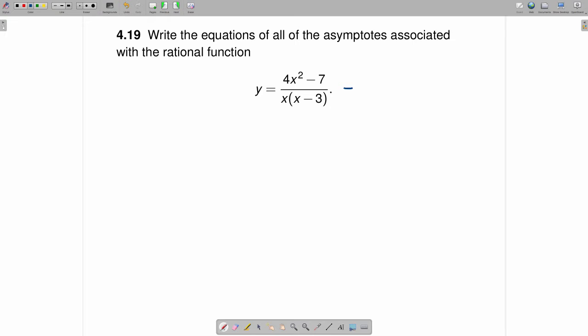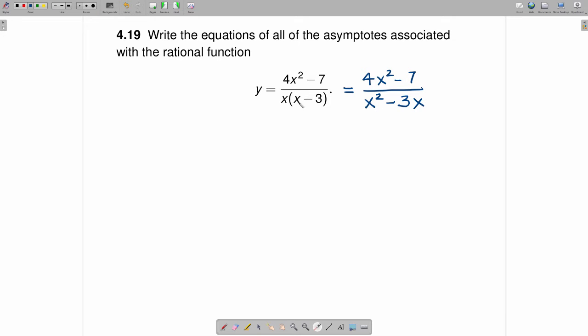If you want to see that a little more explicitly, the numerator can be just left alone. That's clearly a second-order polynomial. And then the denominator can get multiplied out. When you multiply x times x minus 3, you get x squared minus 3x, and now that too looks like a second-order polynomial. Both the numerator and the denominator have no factors in common, so the first step is to